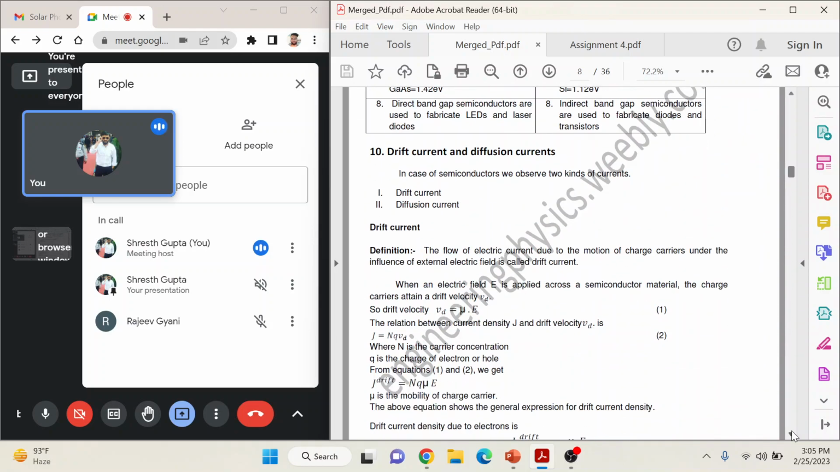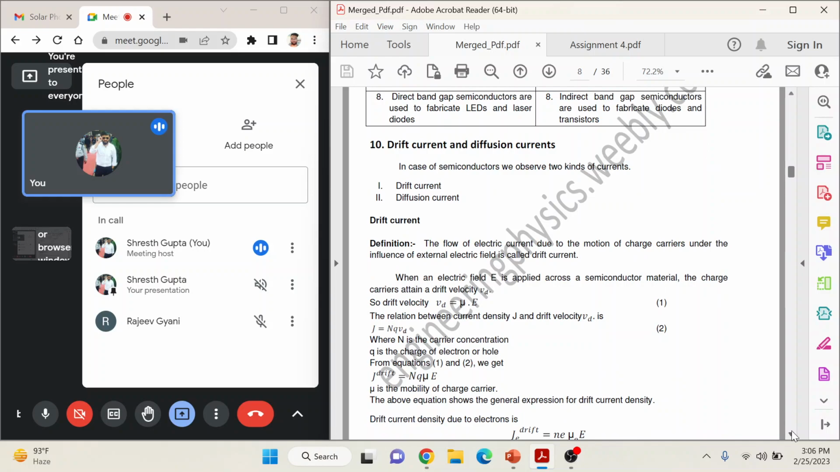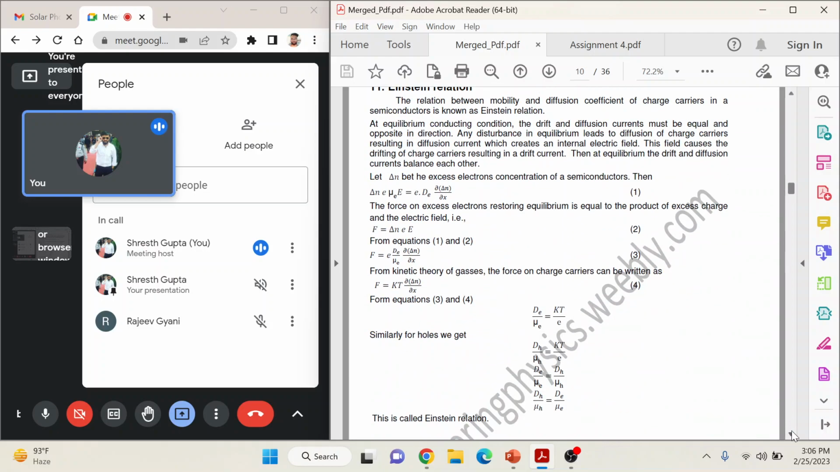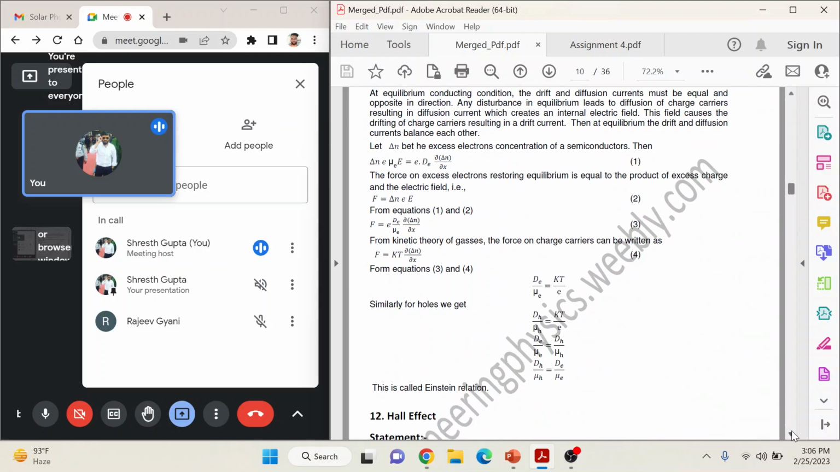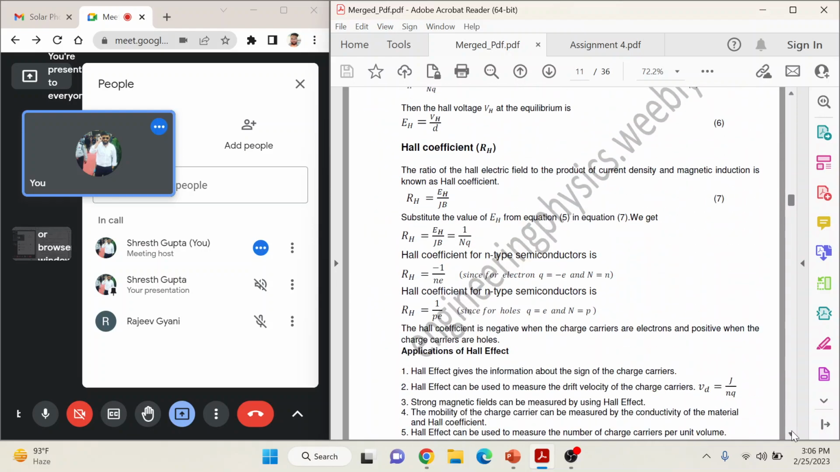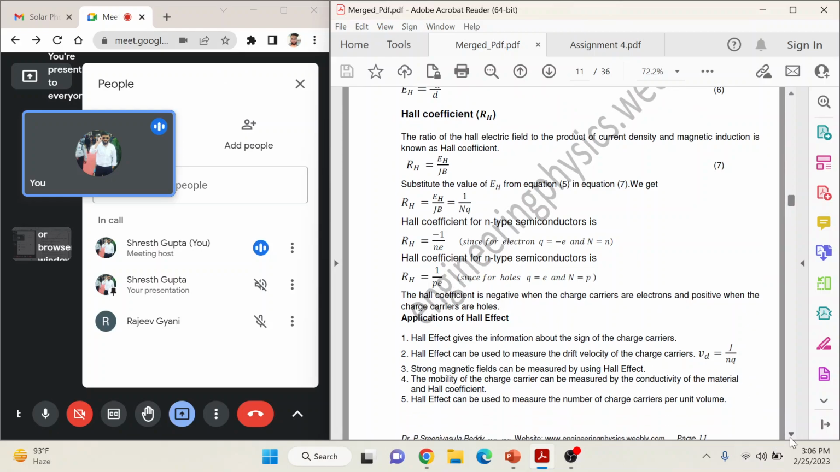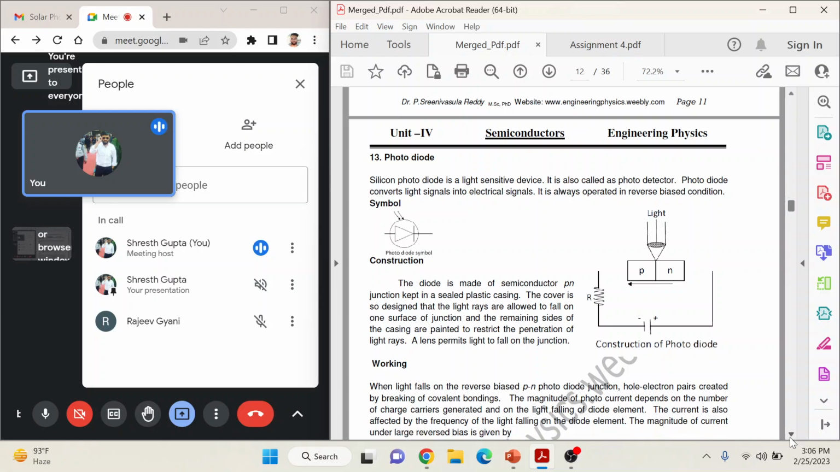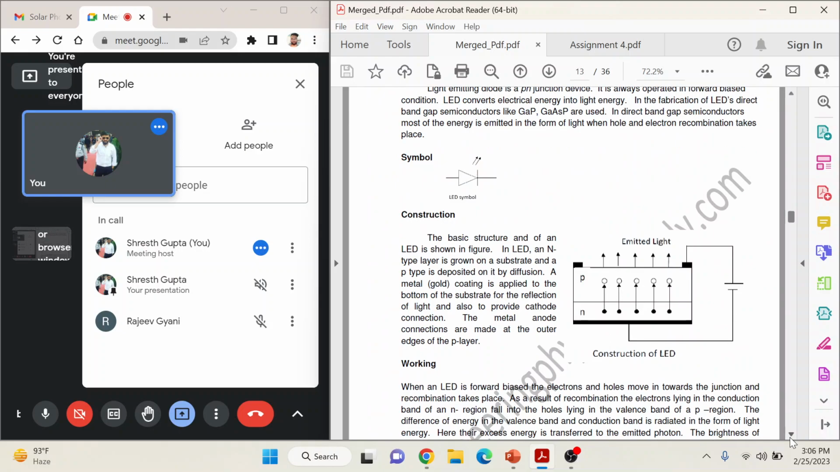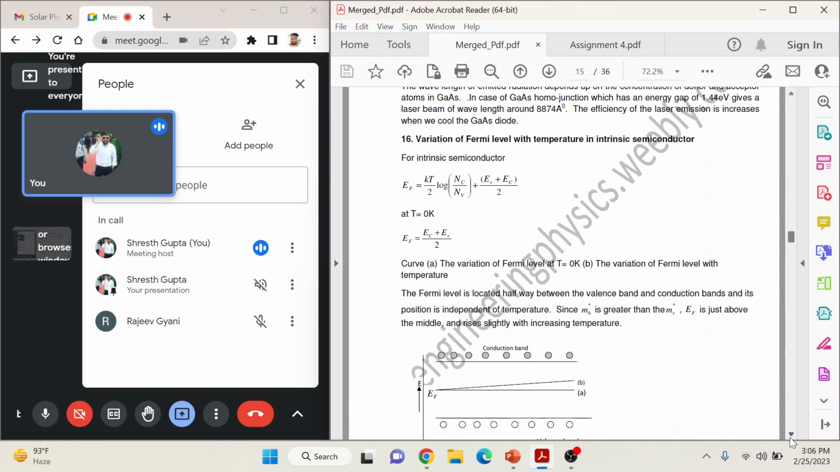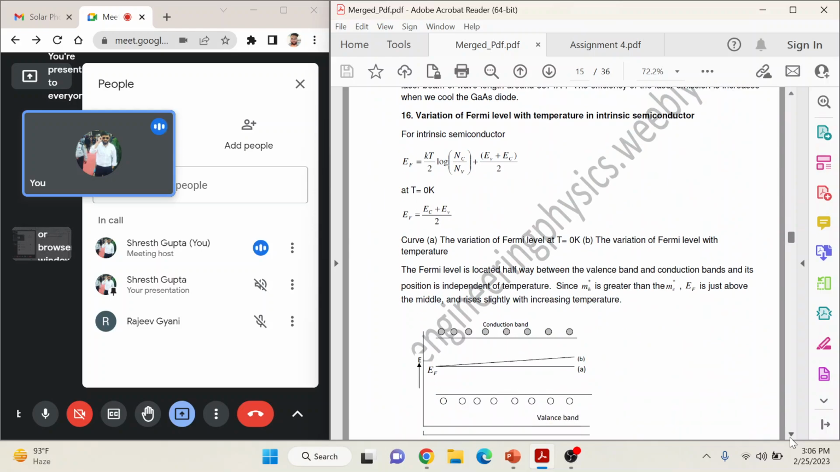and then drift current, the concept of drift current and diffusion current, the equations of them, and then there's the Einstein relation, the equation of it, and the Hall effect. So in the Hall effect, we know the final equation comes as EH equals VH by d, the Hall coefficient and its applications. Okay, and then there are certain devices where we have talked about the photodiode or the LEDs, or you can say the laser diode, and the variation of Fermi level with temperature in intrinsic semiconductor,